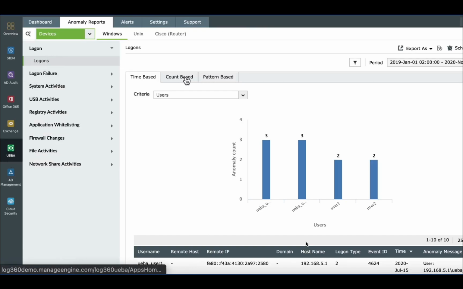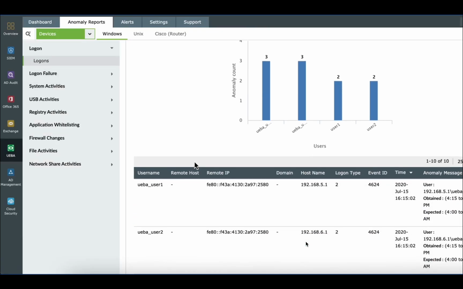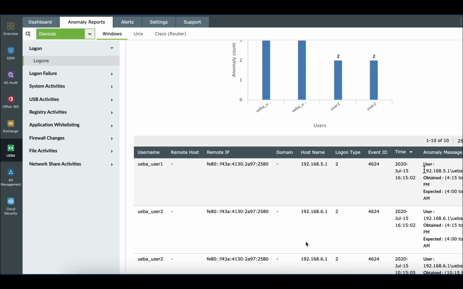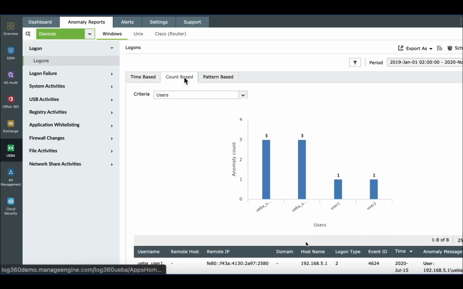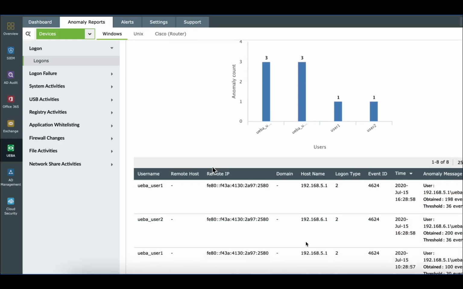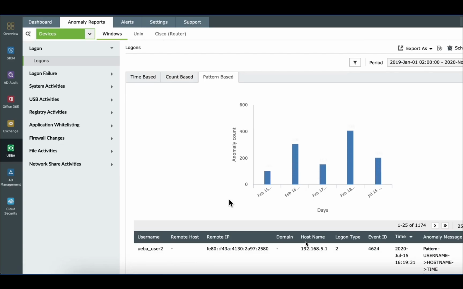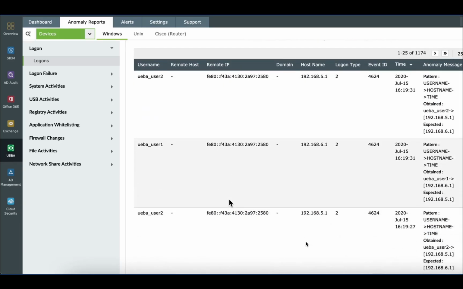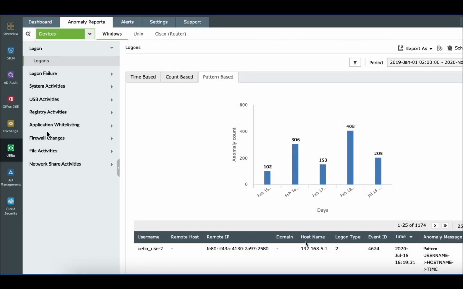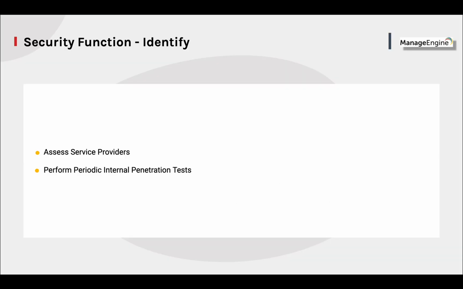It then gives actionable insights to the IT administrator with the use of risk scores, anomaly trends, and intuitive reports. So Log360 or ADAudit Plus can help you in fine-tuning your security events and setting up thresholds in your infrastructure. So let's move on.